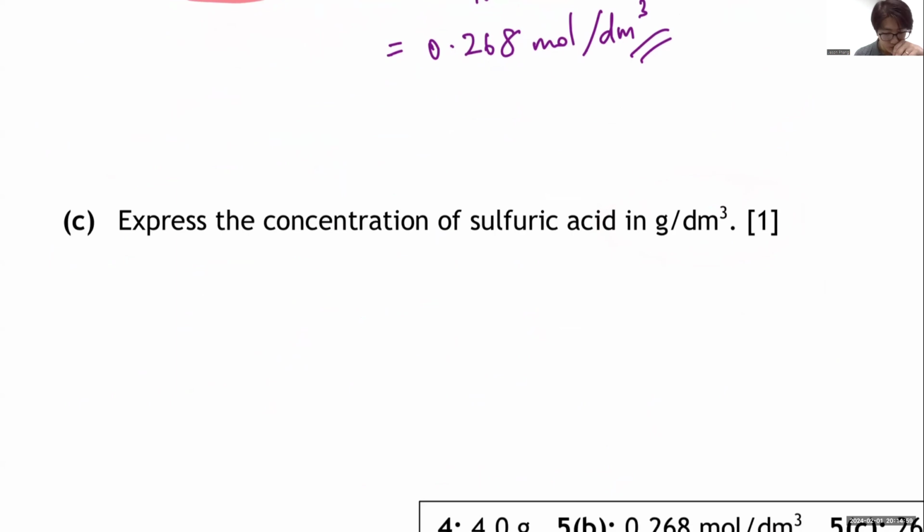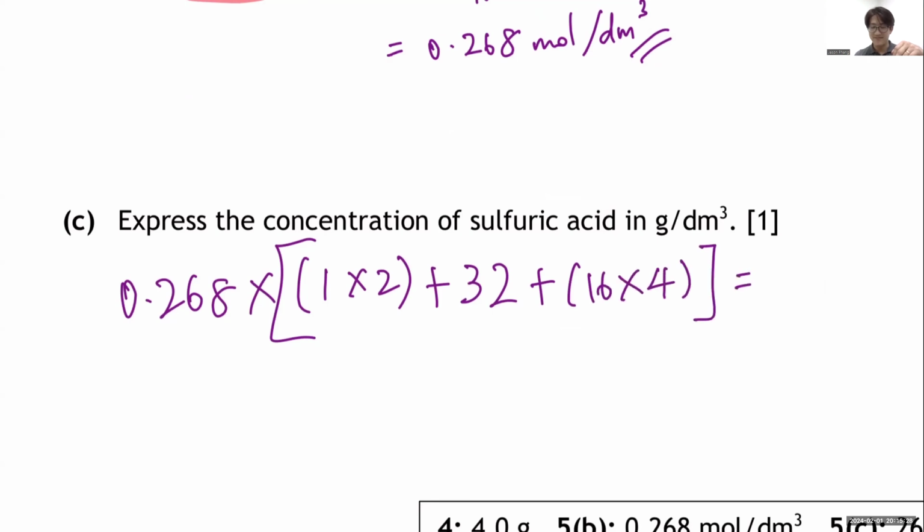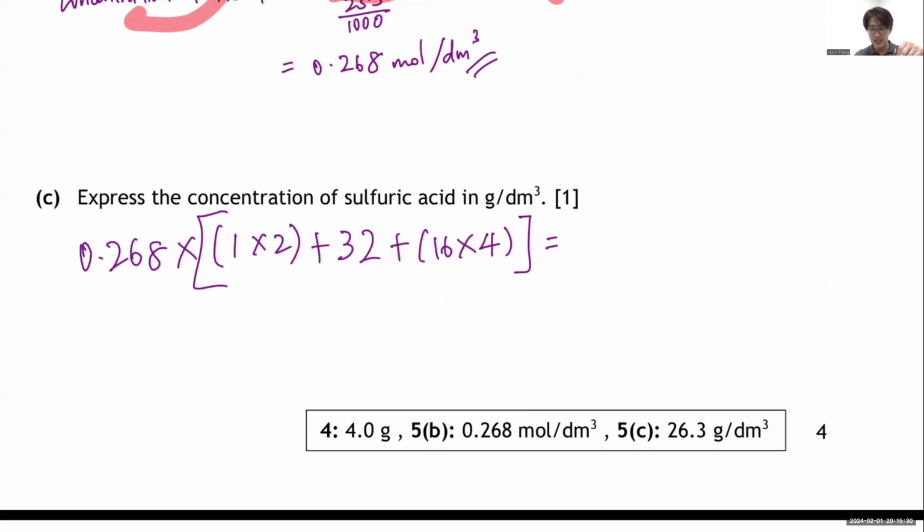So what do I do? What's the molar mass of sulfuric acid? H2 is 1 times 2. S is 32. O4 is what? O4 is 64. One oxygen is 16. All you need to do is multiply, and hence the answer is